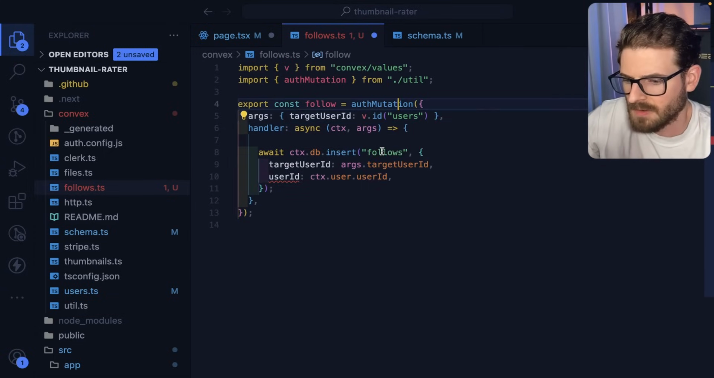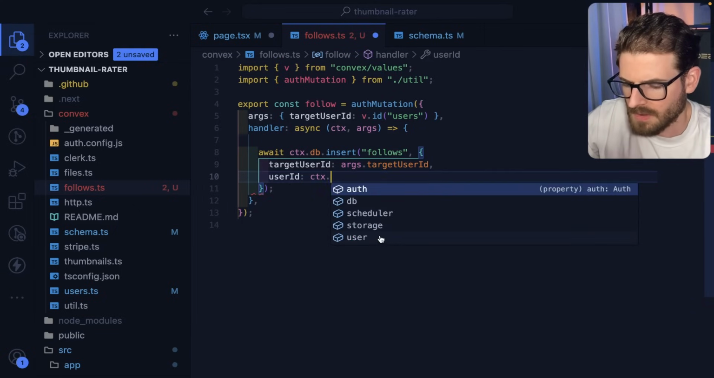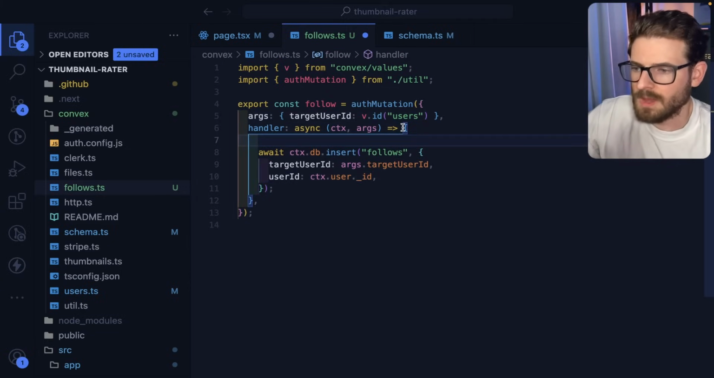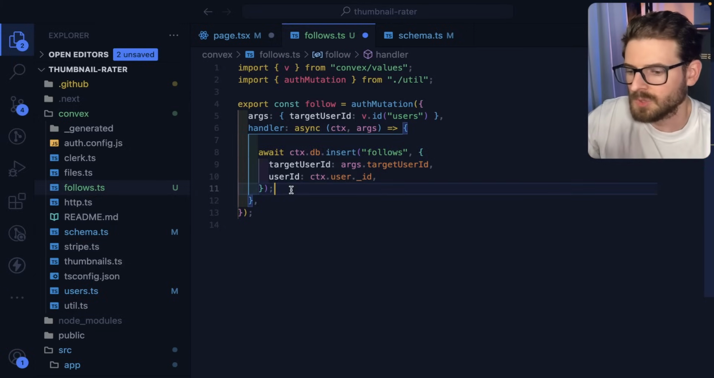Make sure we import some stuff here. I do think, am I doing the wrong thing? I think we have user_id is what we should be using. Okay, so if you call this follow method, it'll insert a record into the table to track that, hey, you're